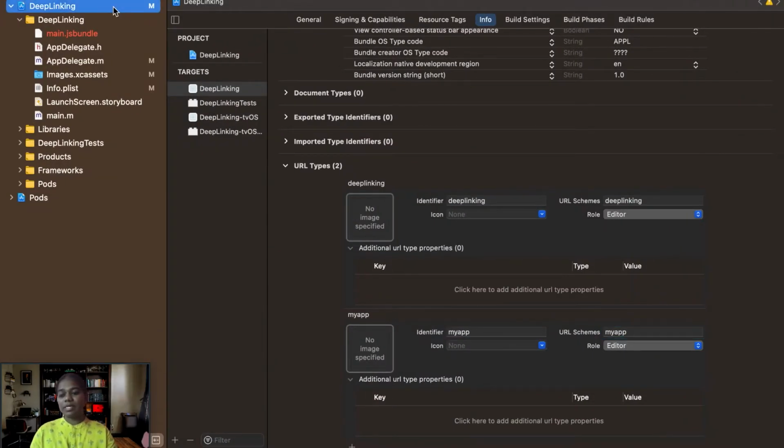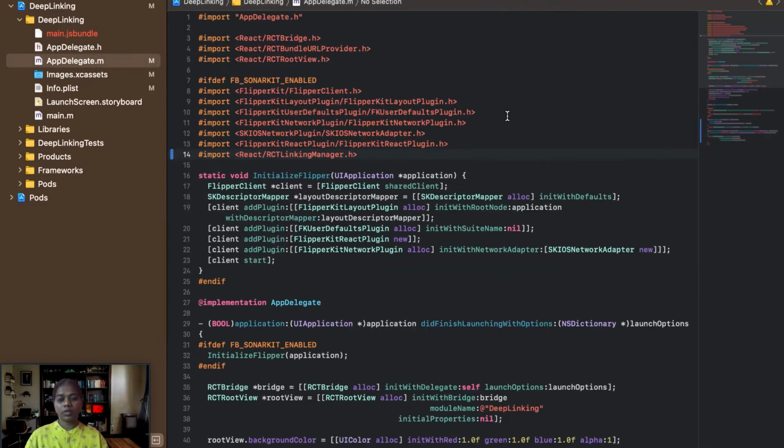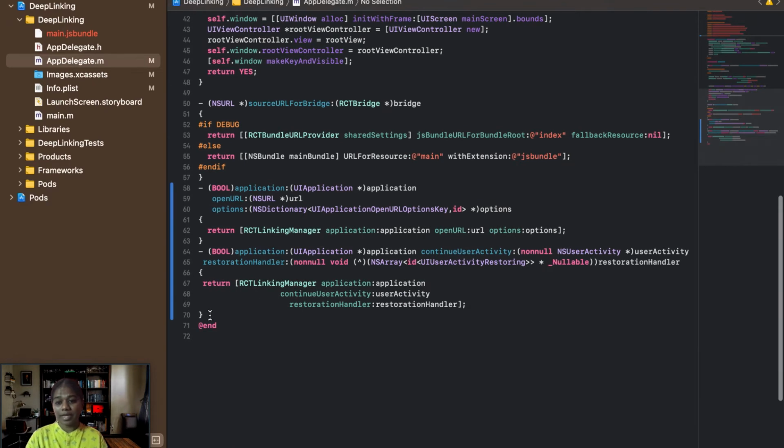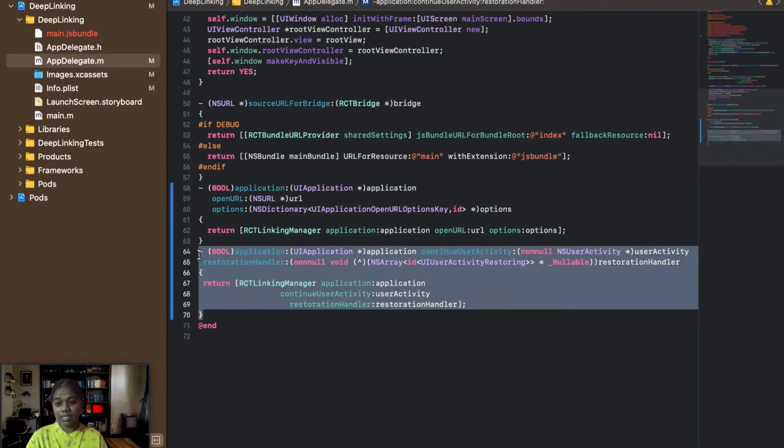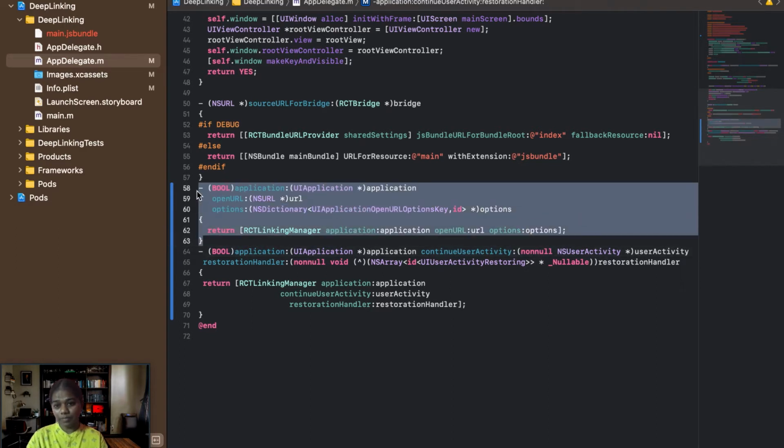Inside your deeplinking iOS directory, you find another folder with your project name. Inside that folder, you have this AppDelegate.m. You need to open this file. I have already copied all the necessary stuff in the app delegate file. Here I have imported the package, and above the end I added the universal link code, and then I added the code for targeting the iOS version. You just copy and paste it over here.